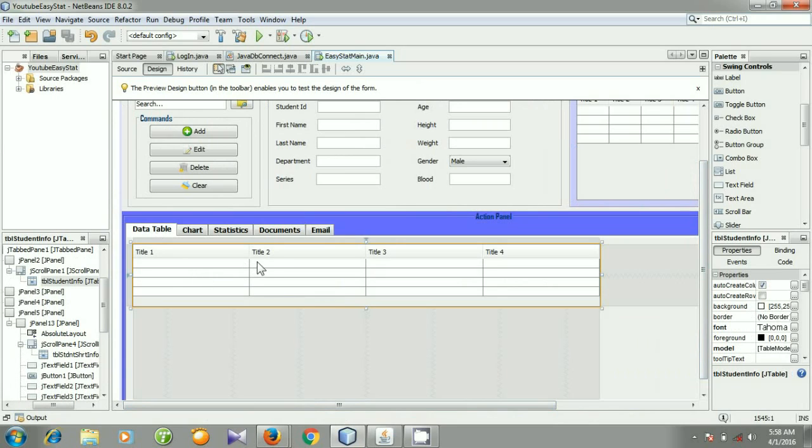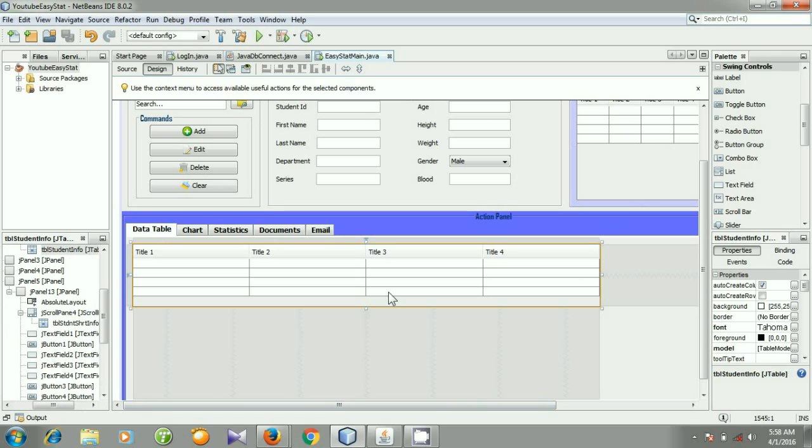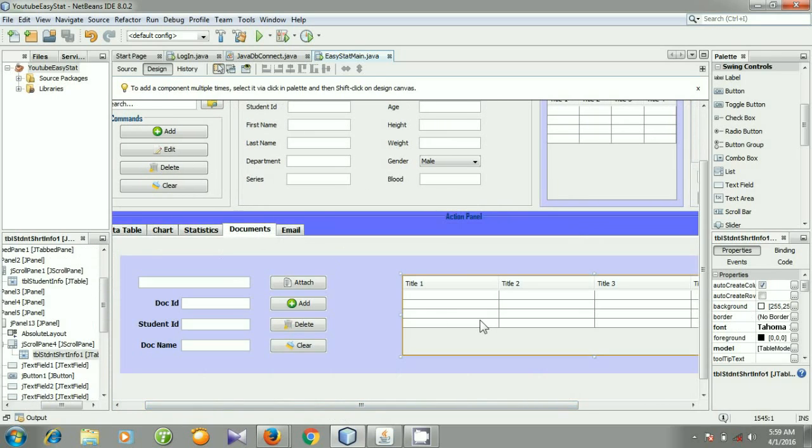So whenever we enter this class file, that means this window registered main.java, we will call these two tables inside our constructor. So we will do the same thing for our document table, for this table.